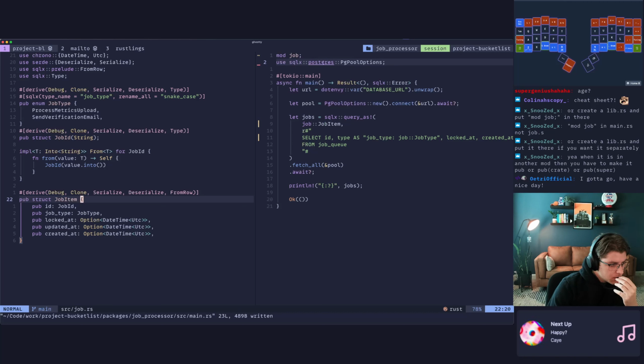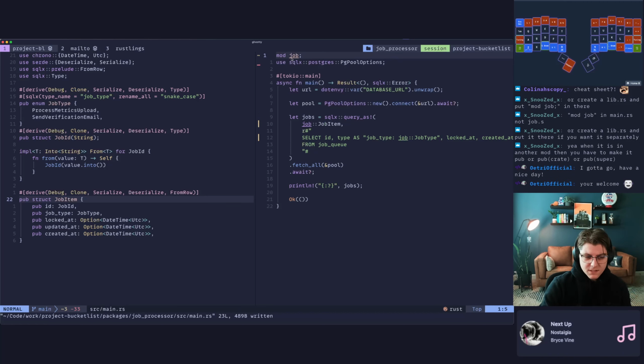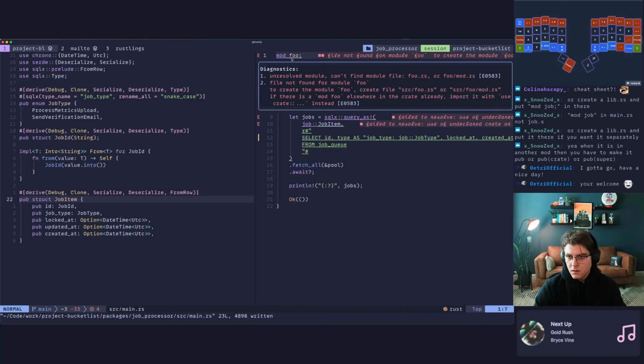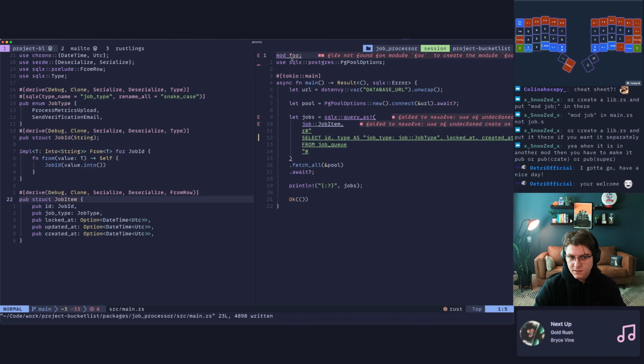Source my module. Oh, what is this saying here? Can I say this is like foo? What happens then? Okay, so this is referencing this file.